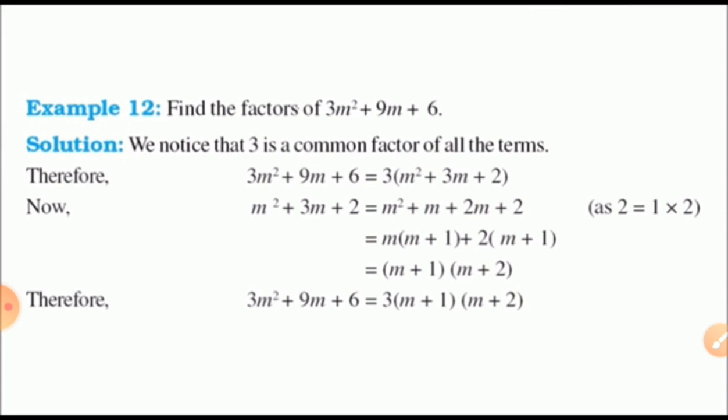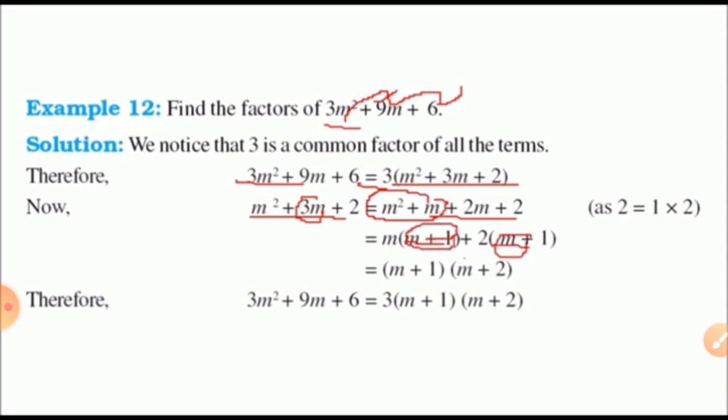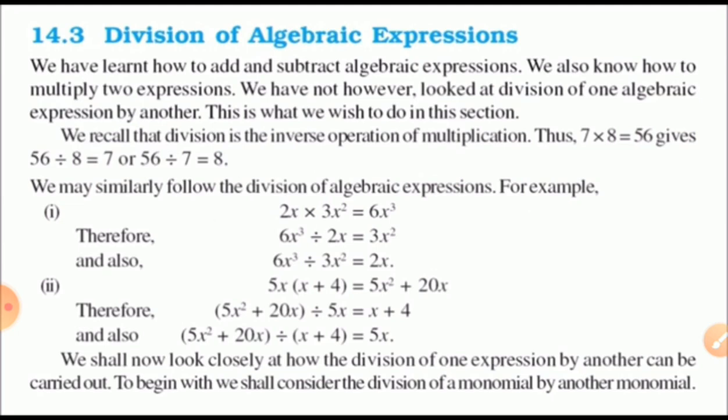12th one. Find the factors of 3m square plus 9m plus 6. My dear student, here the first term has a number, the second term also has a number, and the third term also has a number. So multiply the first and third terms: 6 3s are 18. Yes, correct. Break 18 into two parts whose sum should be 9, and you will definitely get it. Or you can take out 3 common outside. You now have m square plus 3m plus 2. Break 2 into two parts whose sum should be 3: 2 plus 1 is 3, 2 1s are 2.